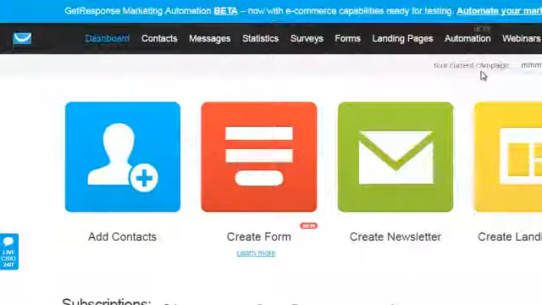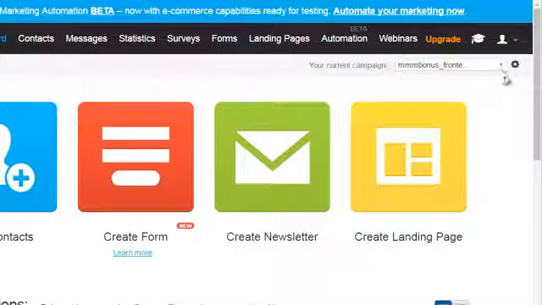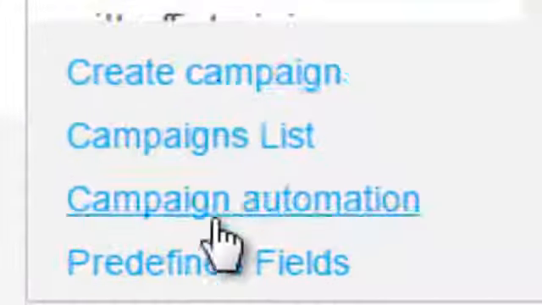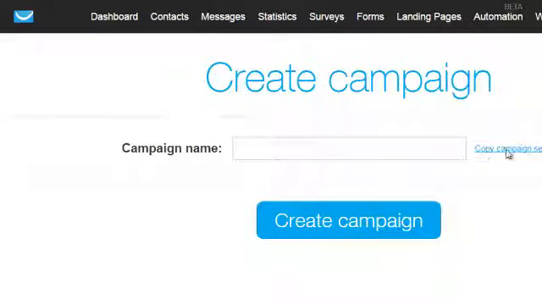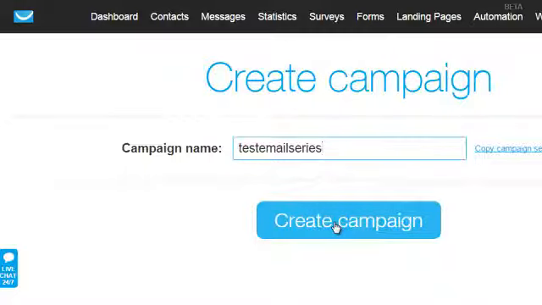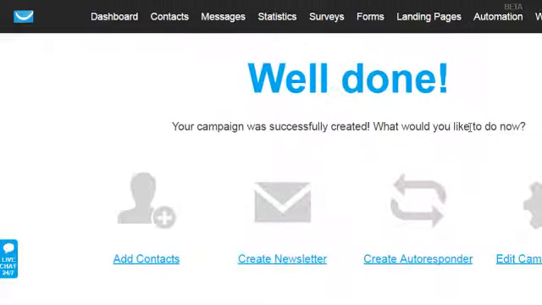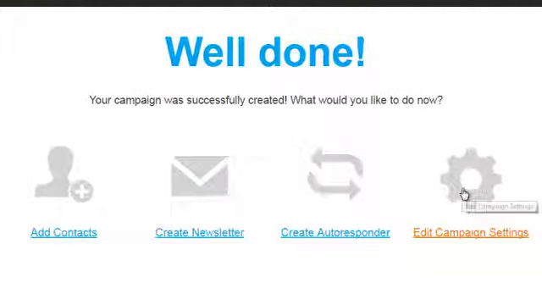So up at the top here, it says current campaign. We just click here, we click on create campaign, and you can copy campaign settings from other campaigns if you would like, but in this case I'm just going to keep it standard. We're going to call this test email series. I'm going to click on create campaign, and then the second thing I do is I click on edit campaign